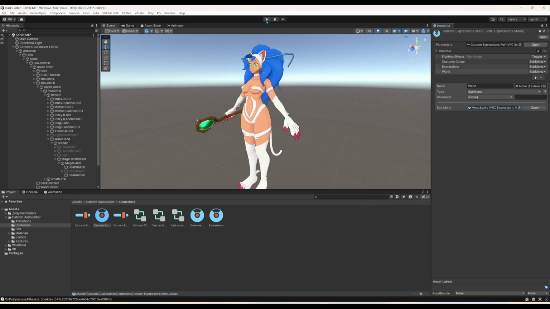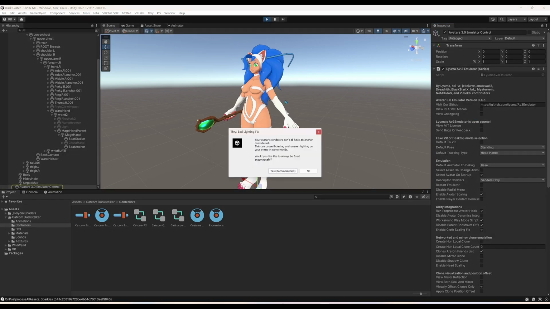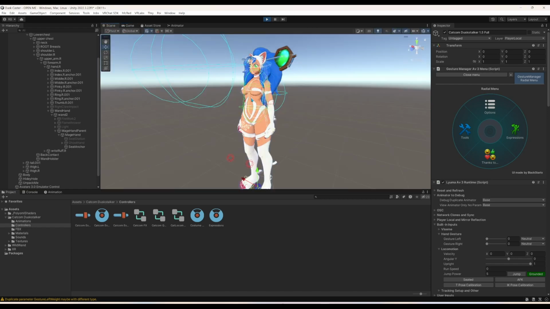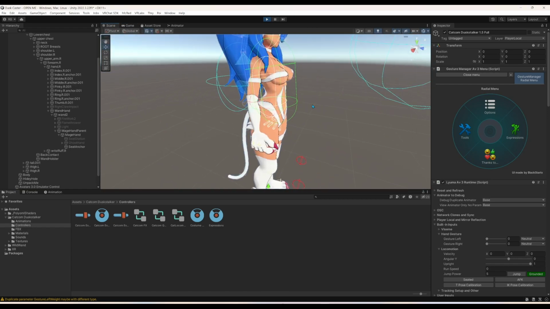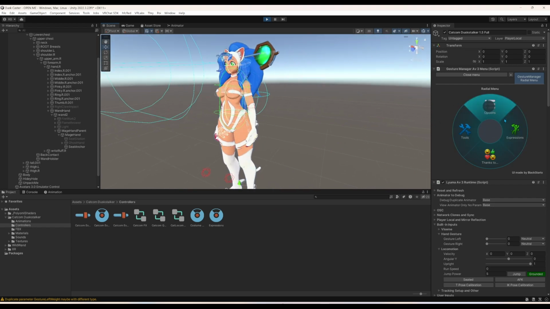If you'd like to test the wand before uploading, enable Av3 Emulator and hit play. The wand should default into its holstered position. If the wand looks out of place while holstered, you can stop play and adjust the wand holster some more. To test spells, select the character,